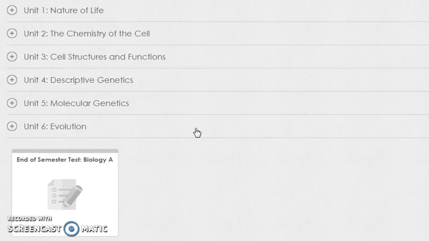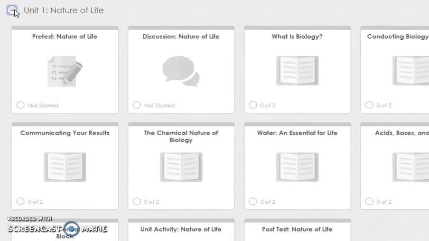The best way to describe a unit would be similar to a chapter. So in this case there are 6 different units or chapters in the semester, and then you have the end of semester test. This end of semester test is going to be locked until you come in for your final exam. So expect that to be locked when you log in. Each unit, when you open it up,